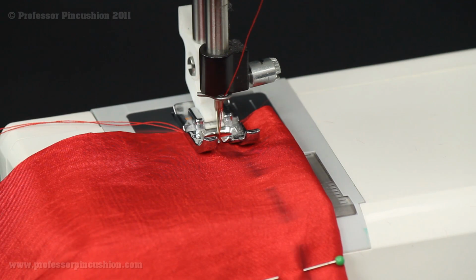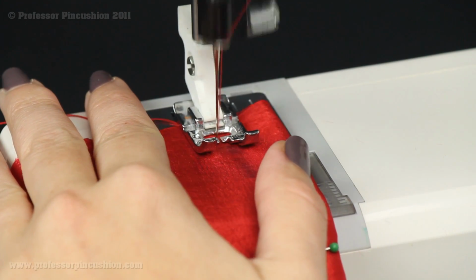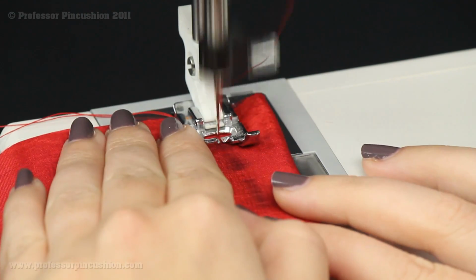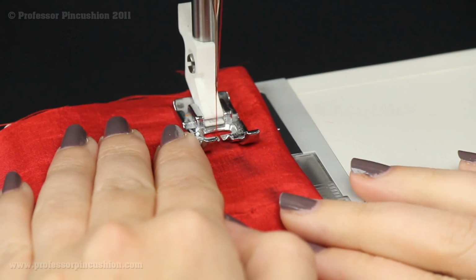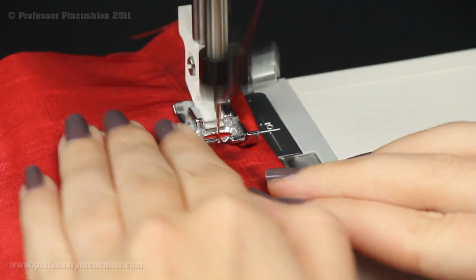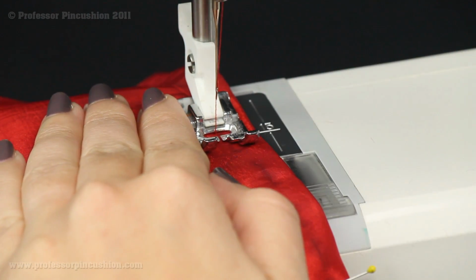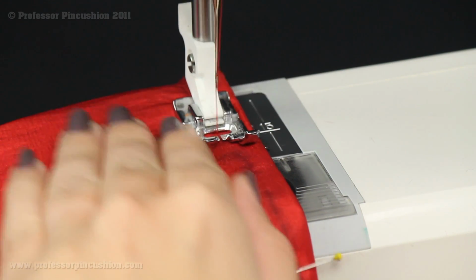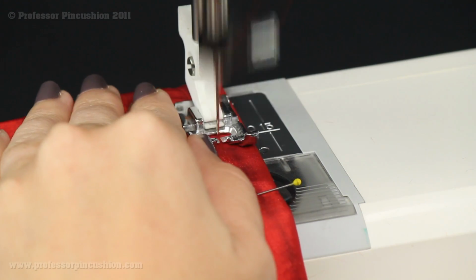When sewing my dart, I always like to start at the widest point of the dart. Don't forget to do a couple of back stitches. And then using a regular width stitch, just gonna follow along with my dotted line that I drew there. Now you don't have to do a back stitch when you get to the tip of the dart. And the reason is, you're just going to run your stitch right off the fabric, which I'll show you. And then once you're done with that,